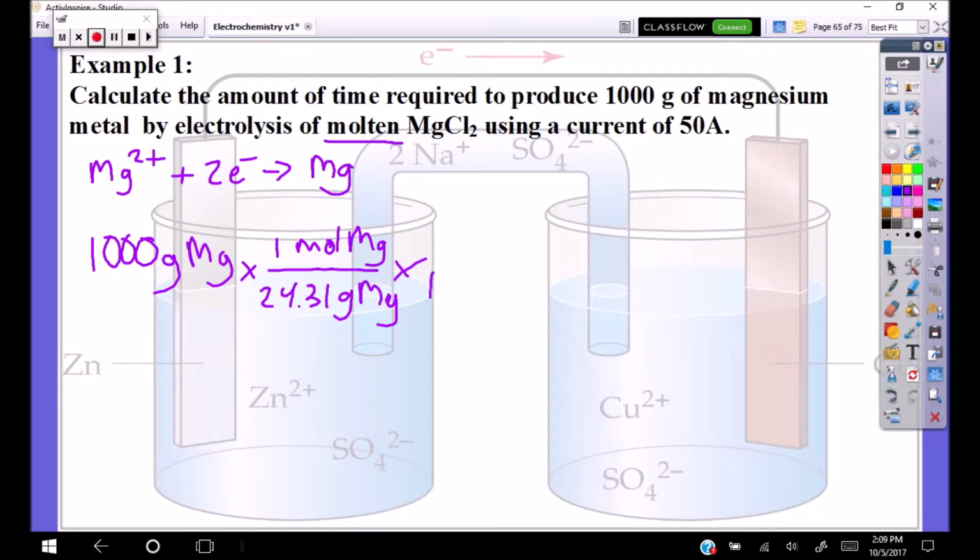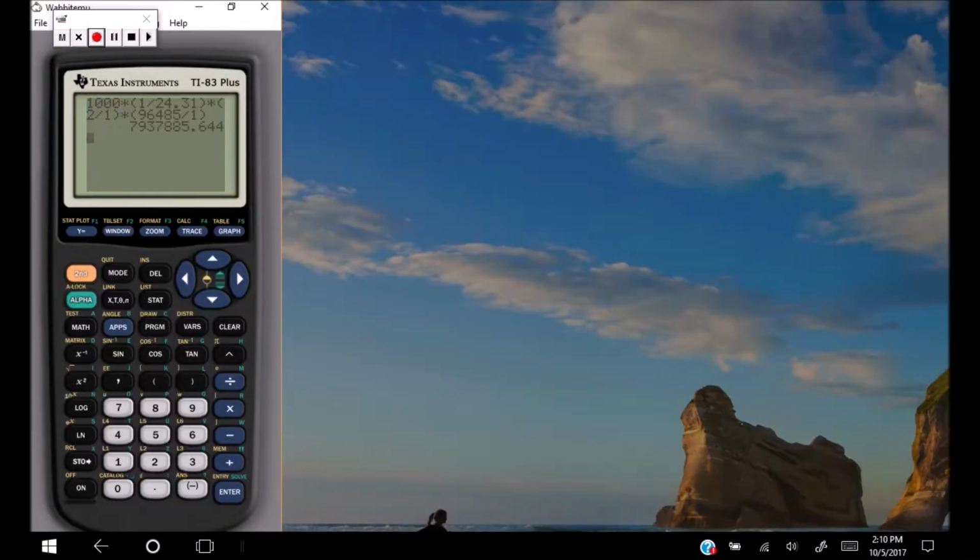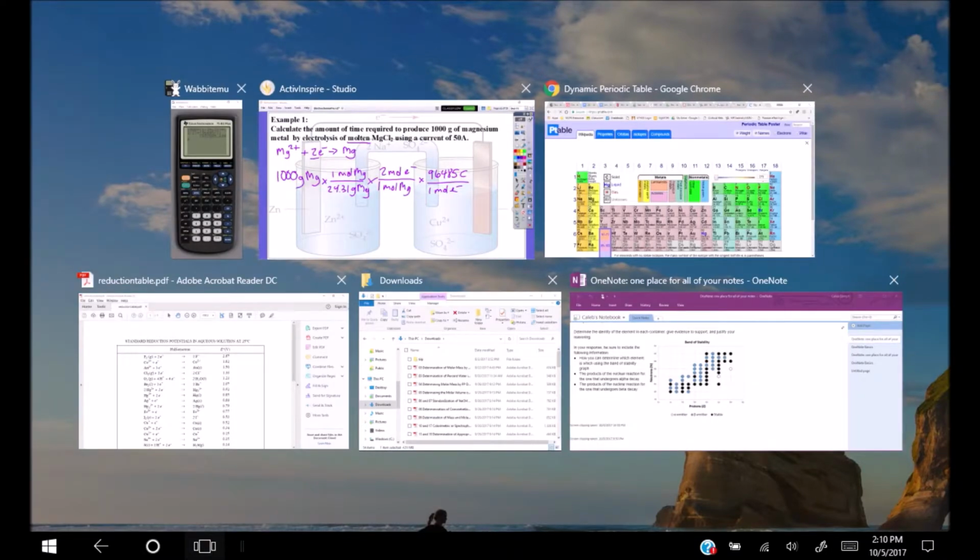I know for every 1 mole of magnesium, how many electrons do I have? 2 moles of electrons. Yep, using a balanced equation just like last time. And then I use what number? Faraday's constant. All right, 96485 coulombs per mole of electrons. Okay? And we get this huge number, which I'm not going to round. Again, I want to keep sig figs involved. So in the end, we should have,